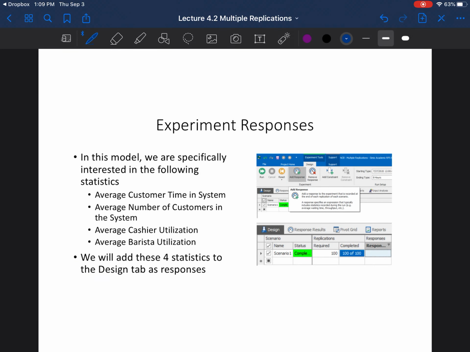Okay, welcome to part 4 of lecture 4. So we saw how we could run it in the previous part. We saw how we could run the experiment with multiple replications. And now we're going to start looking at different ways we can use Simio to explore these, to analyze the